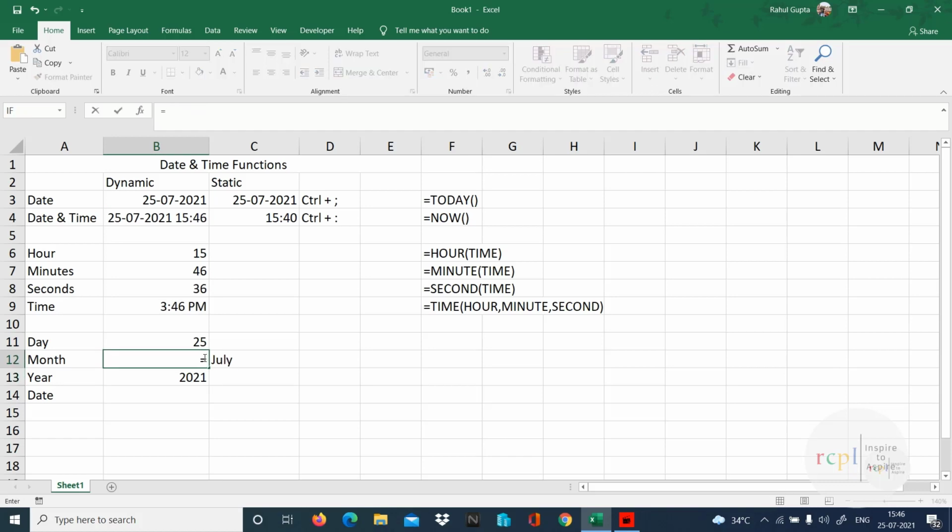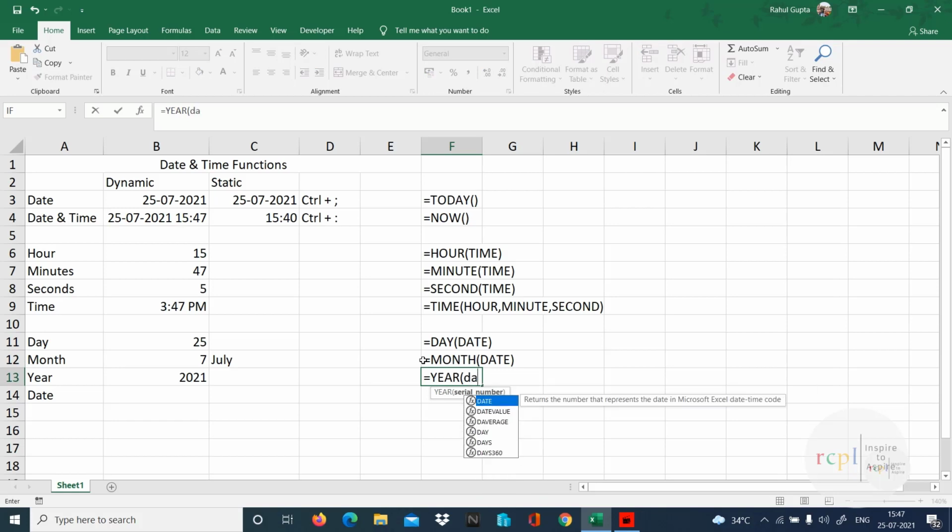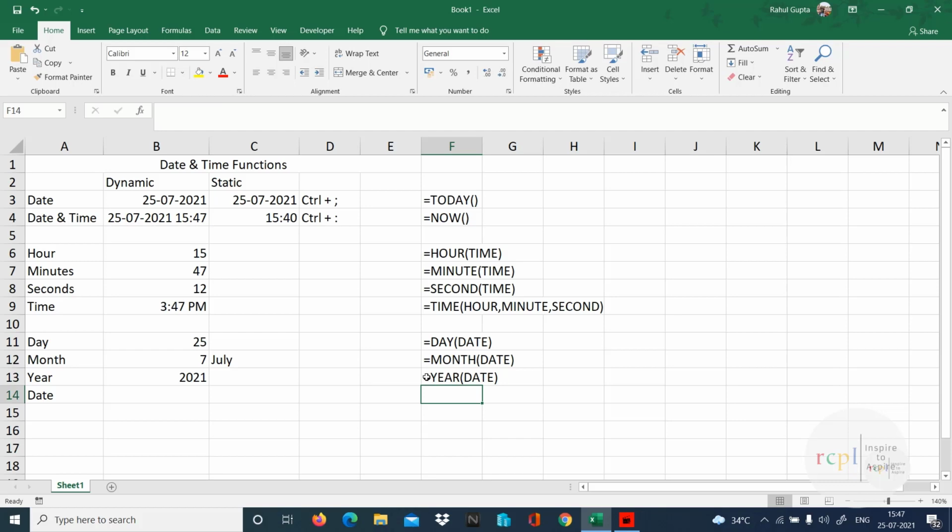I'll just put the function again, is equal to month, and I'll give an exact function of today. So these functions are is equal to date. Date we have to provide over here, is equal to month. You have to again provide a date, is equal to year and date. And for combining a date, we have to give is equal to date.